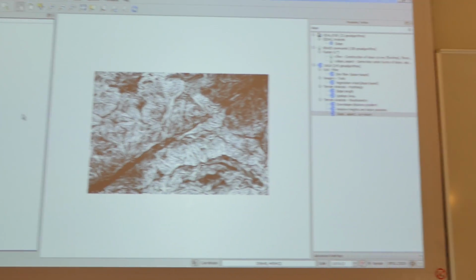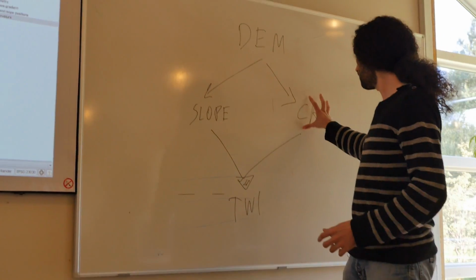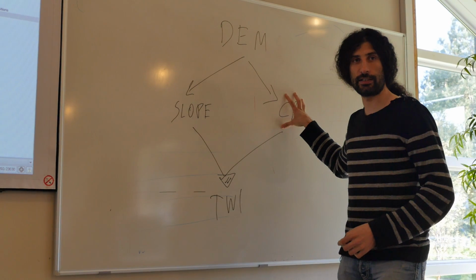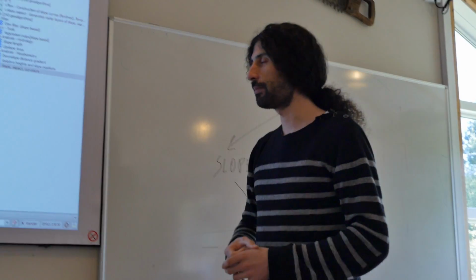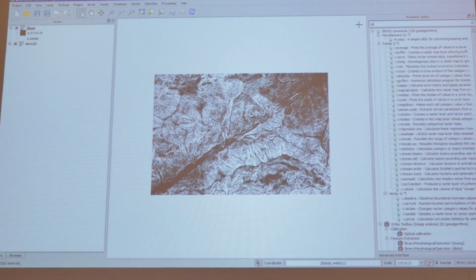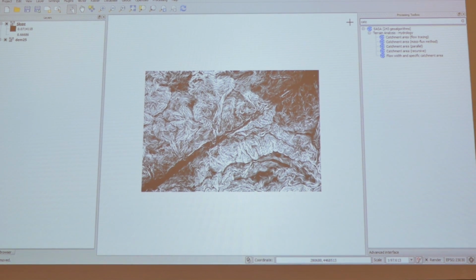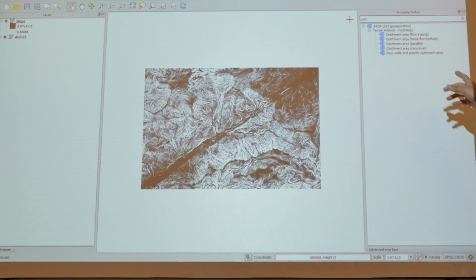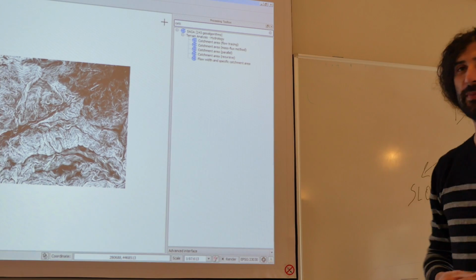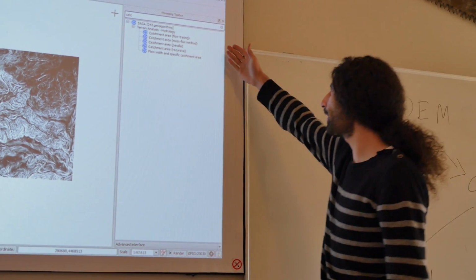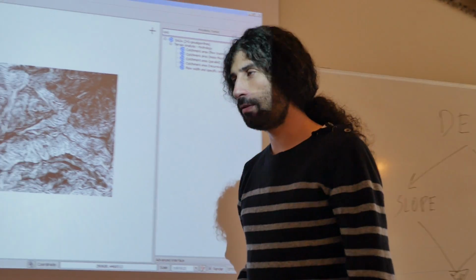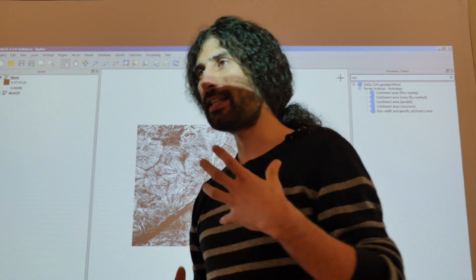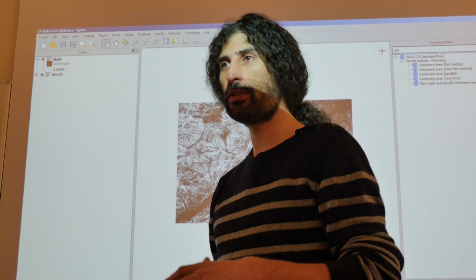I'm here. I already did this, right? Now I can go to this other place in here. And that's another algorithm that is going to calculate quite a few layers. And I'm going to use that, right? So if you go to the catchment area menu, if you search for catchment area in the processing toolbox, you're going to find several different ways. Like the SAGA, this is one thing that you can find in SAGA normally, is that when there are different algorithms to do something,